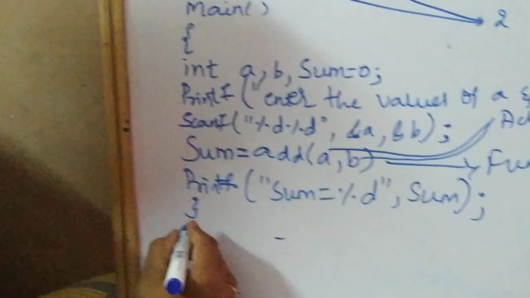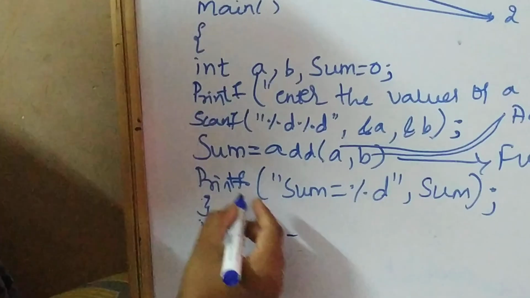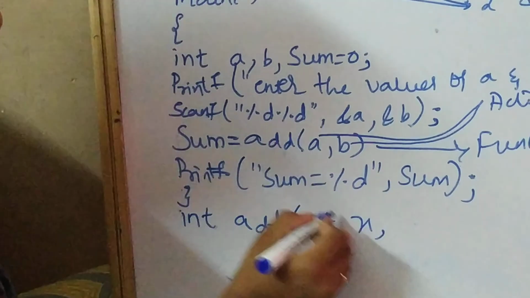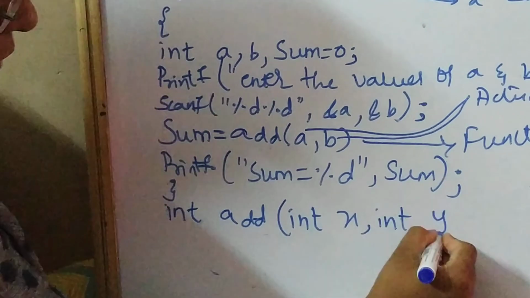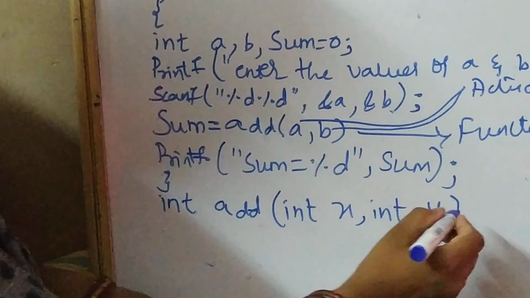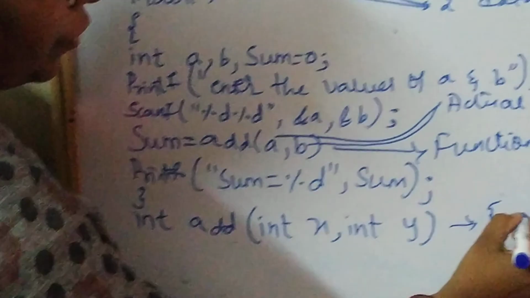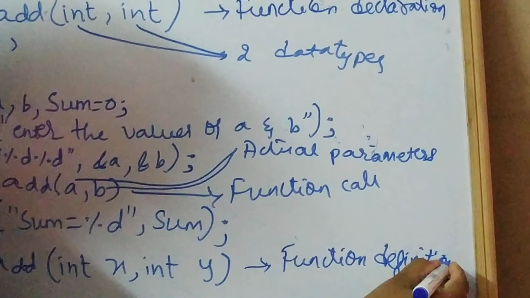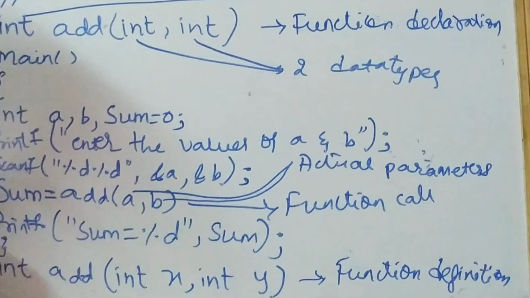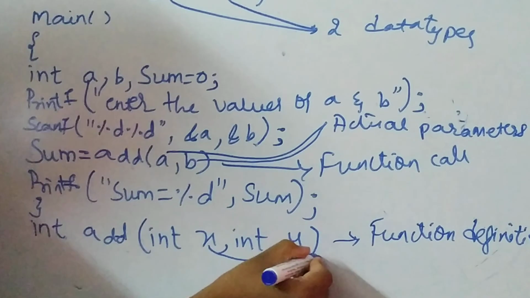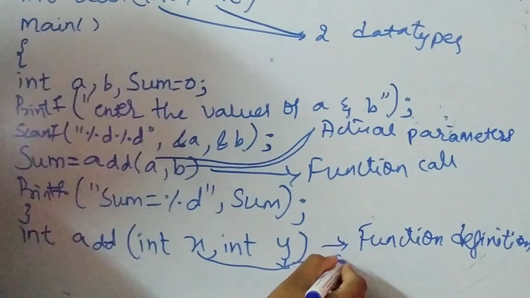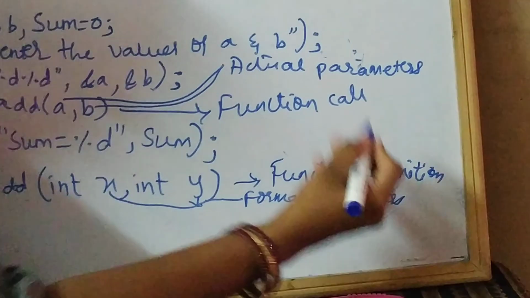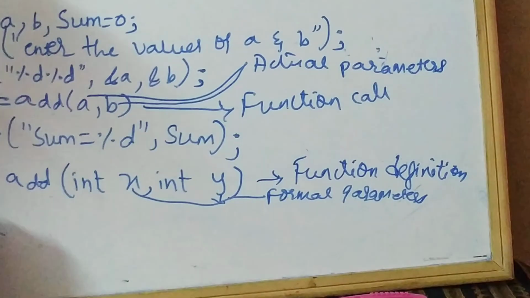So now what is left is the function definition. Int add of int x comma int y. So this is the function definition, and these are the formal parameters. We are going to call them formal parameters. Open brace,